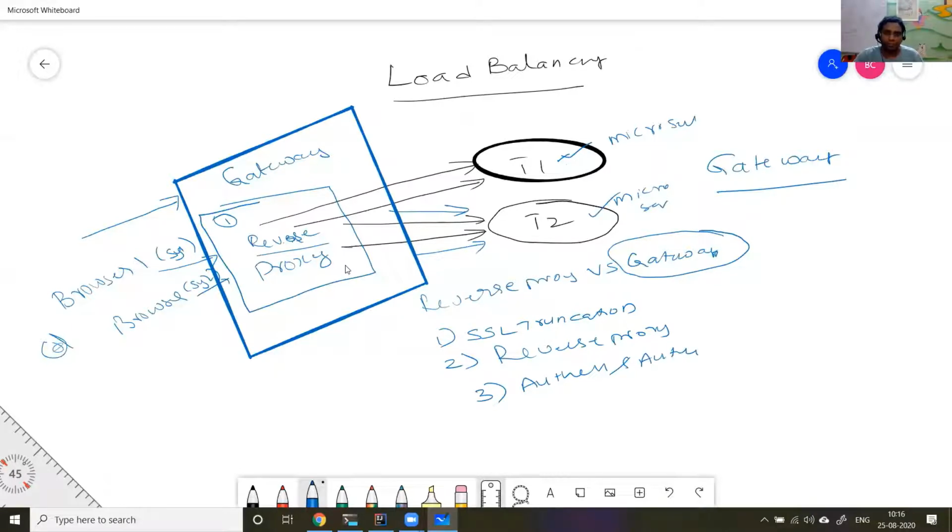If you have my Tomcats, the Tomcats don't do any authentication and authorization. It is done by the gateway. Then threat management. There are many roles of a gateway. Threat management: if someone is hitting your website badly, then you need to protect your Tomcats. Gateway does that.